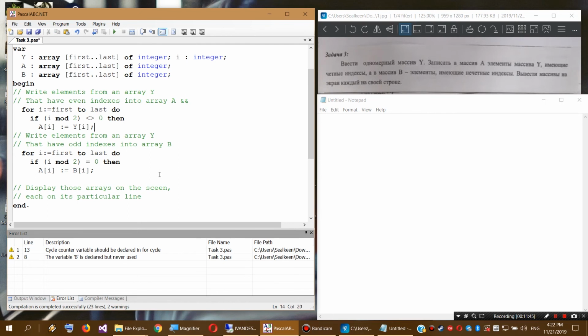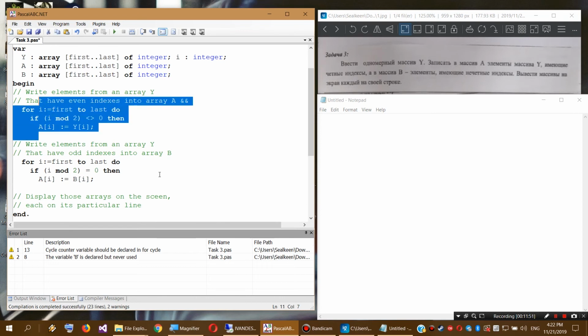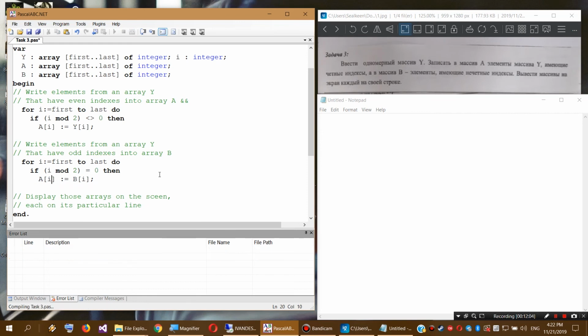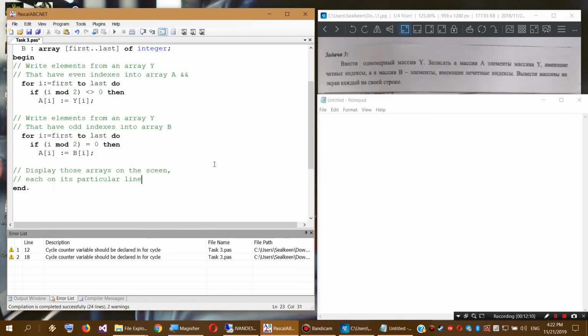I mean, not elements, but the elements that have even indexes here and the elements that have odd indexes here, like index is the I. Let's compile this, Control F9 as usual, and display those arrays on the screen, each on its